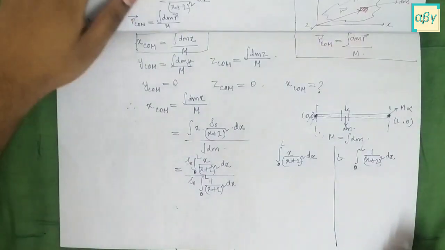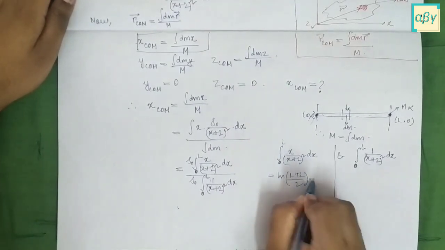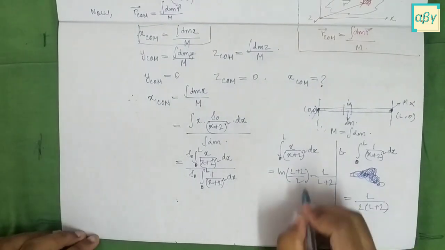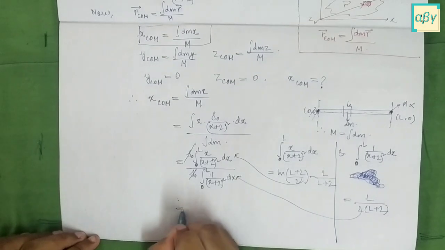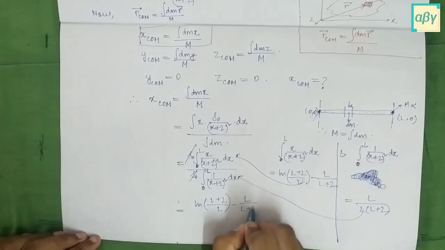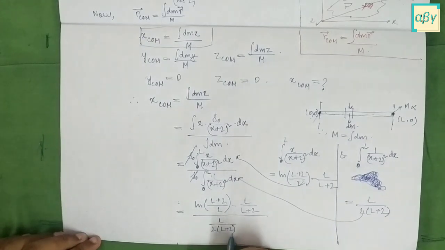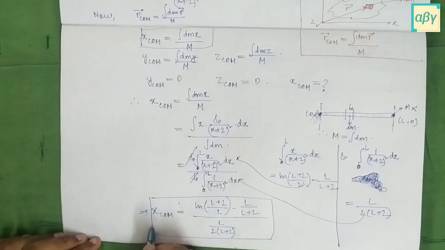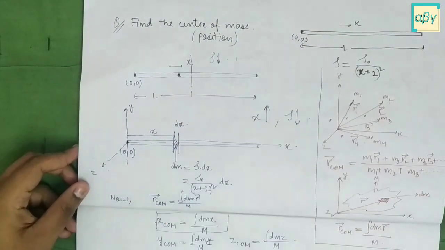So by performing these two integrations, now I have got the values for both of them. Let me write the values. Now let me substitute this in the expressions. So rho 0 can be cancelled out, so it will be equals ln of L plus 2 divided by 2 minus of L by L plus 2 divided by L by 2 times L plus 2. So this is the location of the center of mass for this non-uniform rod. So this gives me the center of mass of this non-uniform rod.